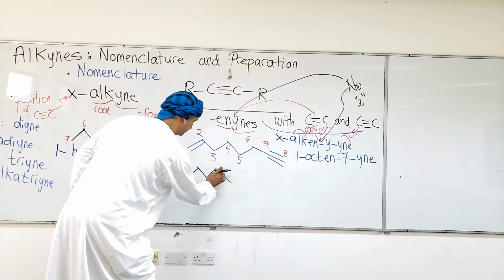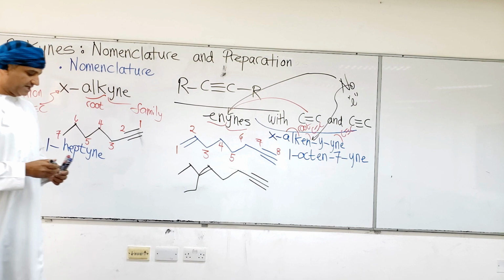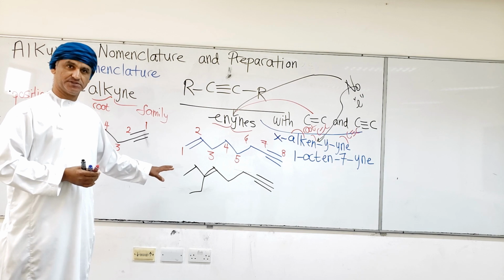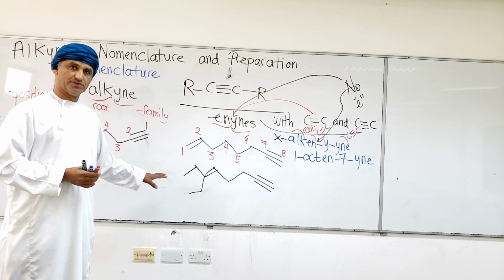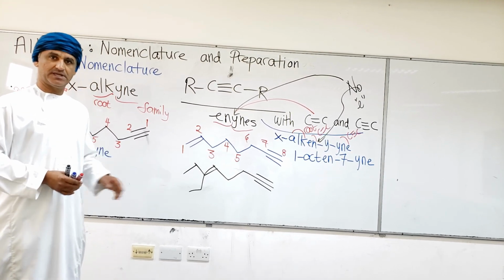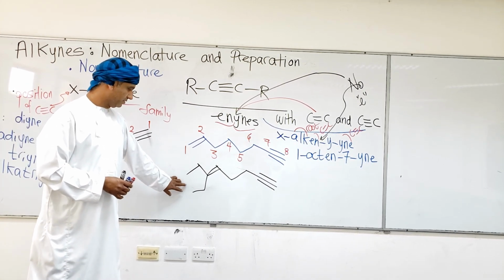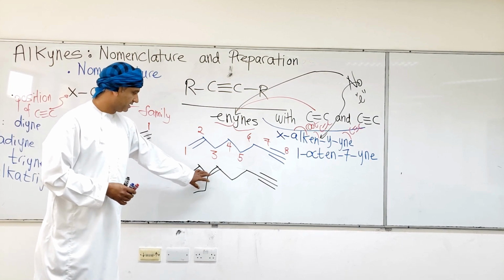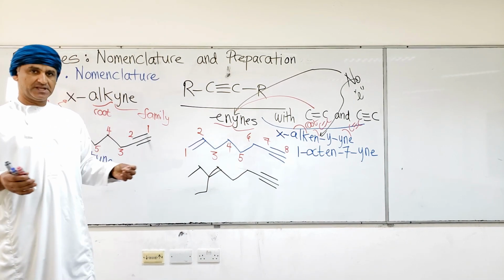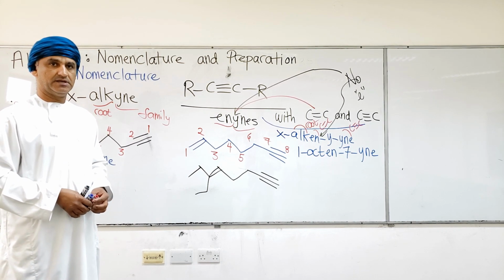If we have something like this now, so we choose, now if we want to name the compound as an enyne, we choose the longest continuous carbon chain containing both the carbon-carbon double bond and the carbon-carbon triple bond. And to do that, then 1, 2, you could go up, down if you like, 1, 2, 3, 4, 5, 6, 7, 8 again. So 8 carbons is the longest chain containing both the carbon-carbon double bond and the carbon-carbon